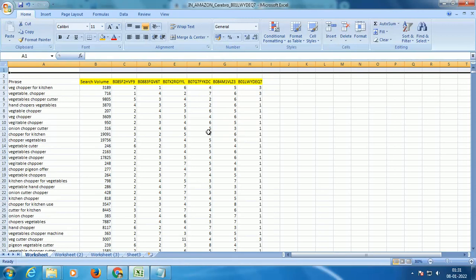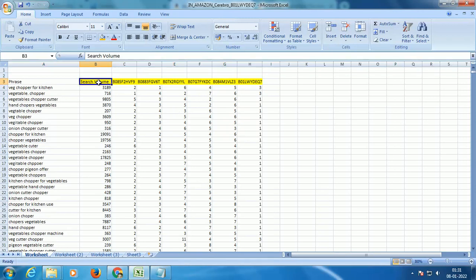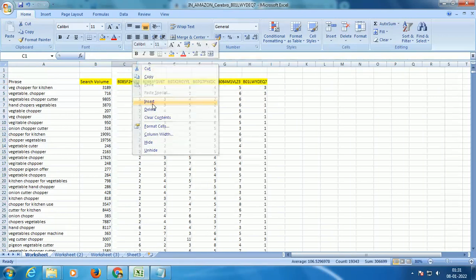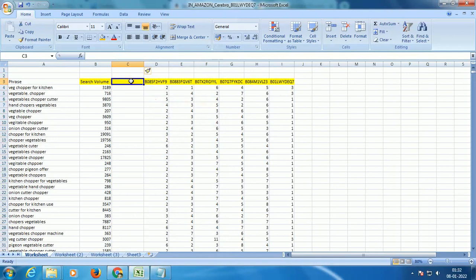The first and foremost thing: we know that we have search volume. We also know that there are 6 competitors here. Firstly, we need to look for a relevancy score. If you are a Jungle Scout user, you know that this is something the tool automatically populates. But in this approach, using Helium 10, you need to calculate or check your relevancy manually.